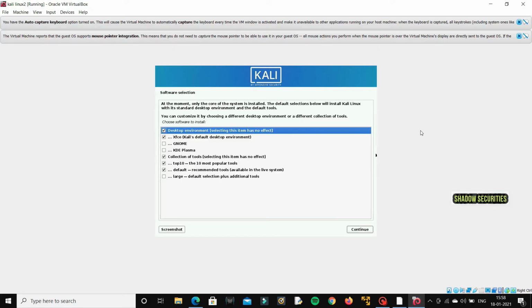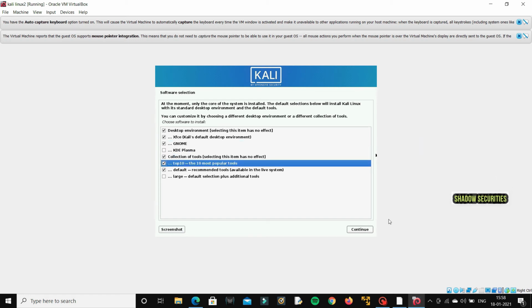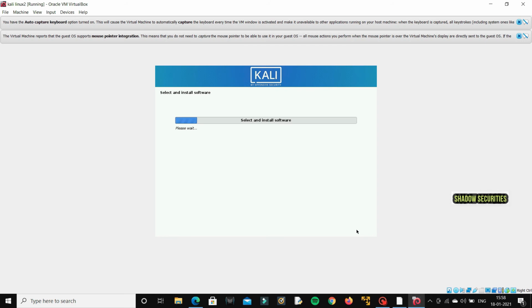Yeah, here you can see now it's asking for desktop environment. So I'll simply check this GNOME box also, and I'll do continue. You can simply go to there and select that option and do continue. Okay, so it's installing all the GNOME packages as well as the tools that we required, and some of the Kali Linux tools like AirCrackNG, Python 3, everything.